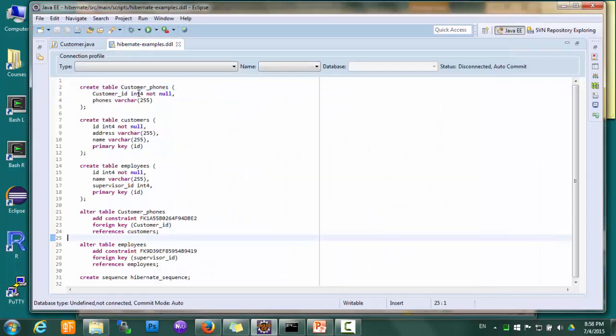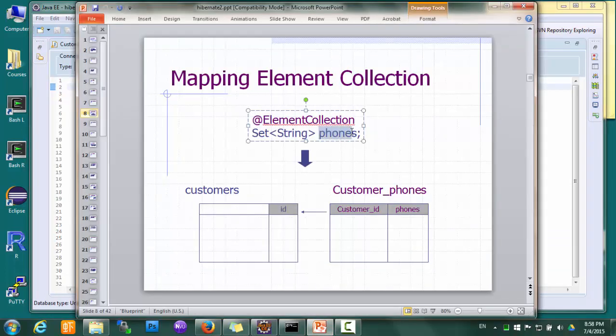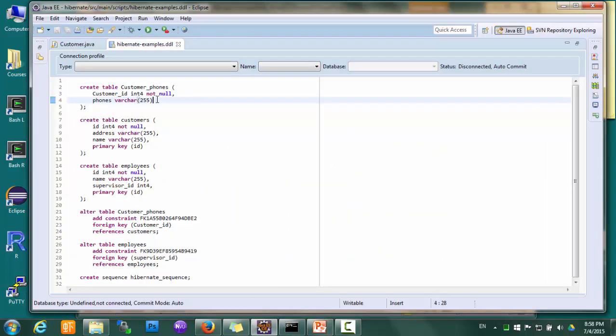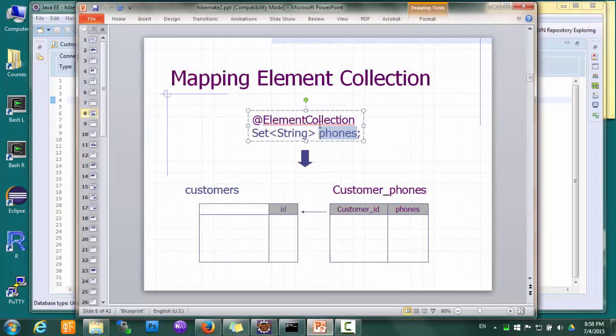So notice that the default name used by the ORM tool here is class name, and then property name. Property is this one for the table name, and for the foreign key column it is again class name and underscore ID, and for the phones column